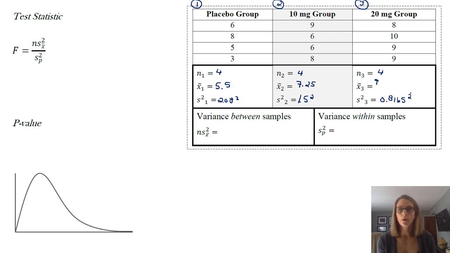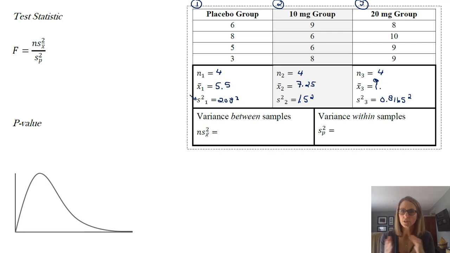Okay, so here are our means, and I put the standard deviation, but notice I square it because this is actually variance. This is the variance of all of them, and that's important to understand because this is analysis of variance. So those are all your standard deviation squareds. Notice that we can see pretty quickly that the group that took 20 milligrams of statistioprazole got a mean of 9 on their post-test, whereas the placebo group had a mean of 5.5. So there's definitely a difference there. The 10 milligram group, 7.25, is in the middle.